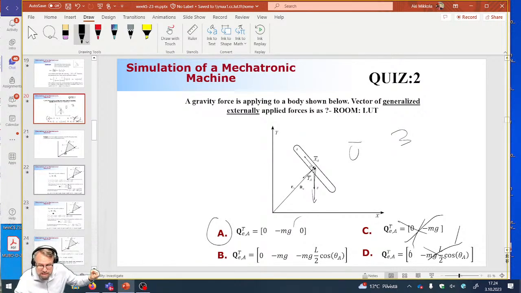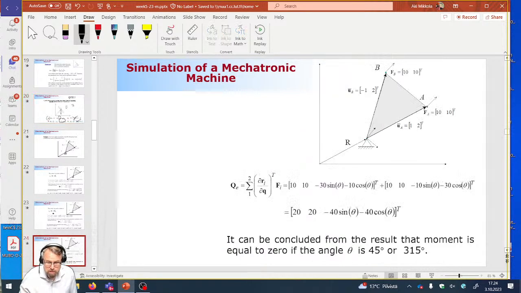So it means that this is the only one correct because of the zero. This is incorrect because this implies that there is a lever arm, which is not the case. All right? Do you agree with me? Yeah. Okay, good. Okay, and then we're going to go. So now it's